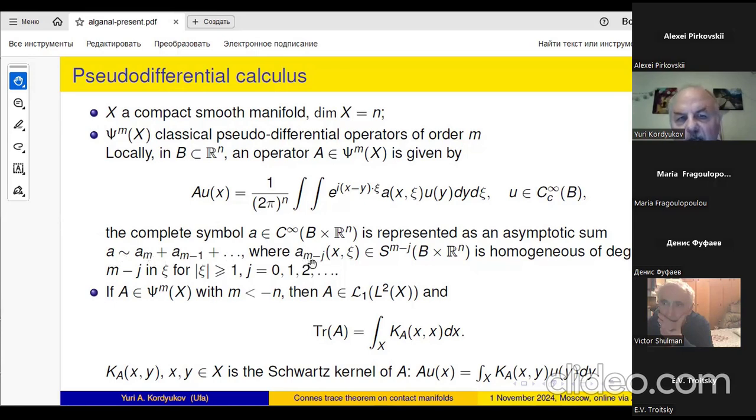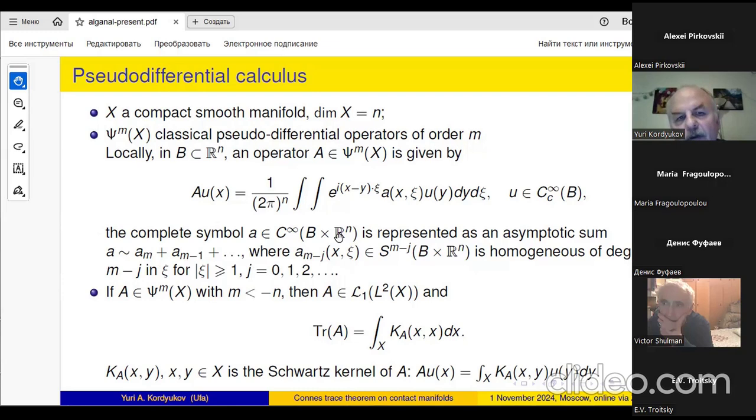So A_{m-j} is a homogeneous function of degree m minus j for Xi large enough. So m minus j goes to infinity. m may be negative, and actually m should be negative because we are talking mainly about integral operators, so operators